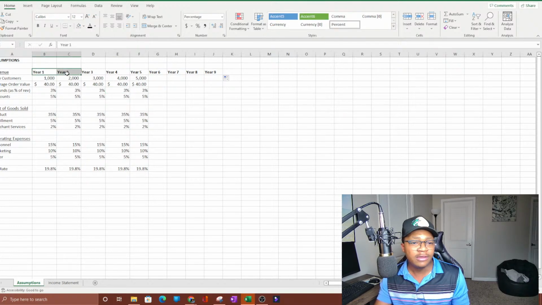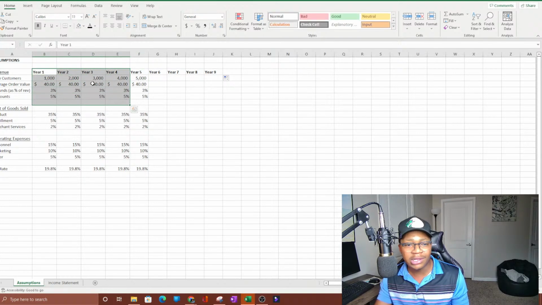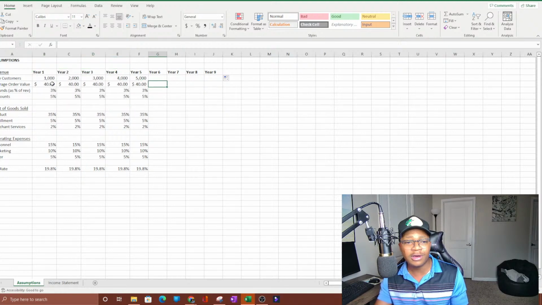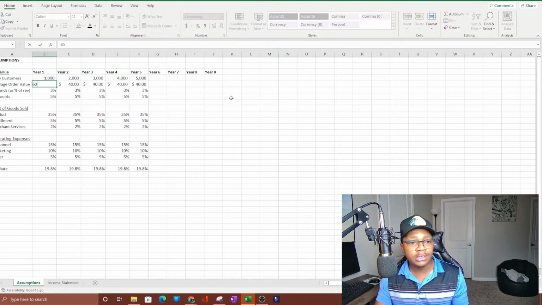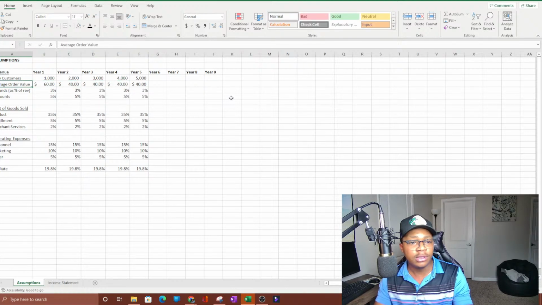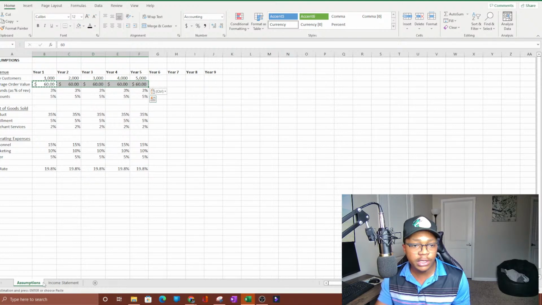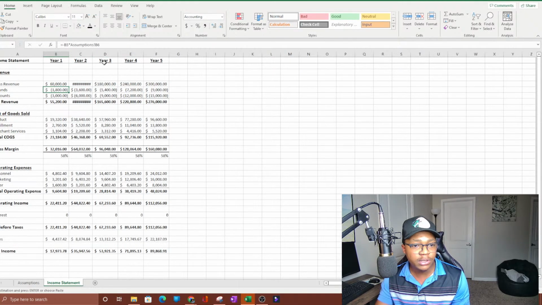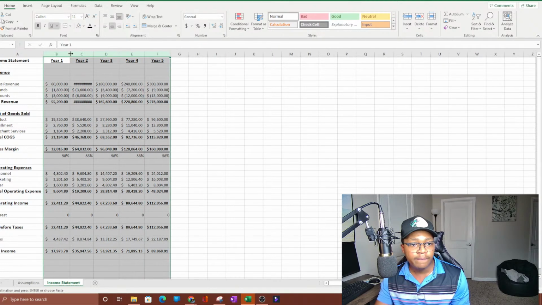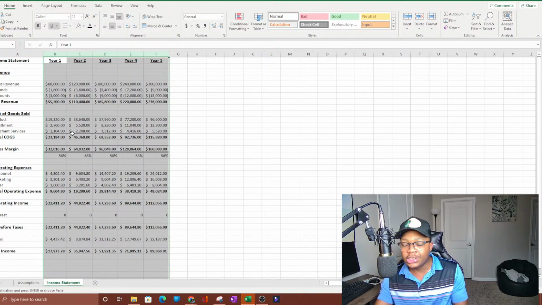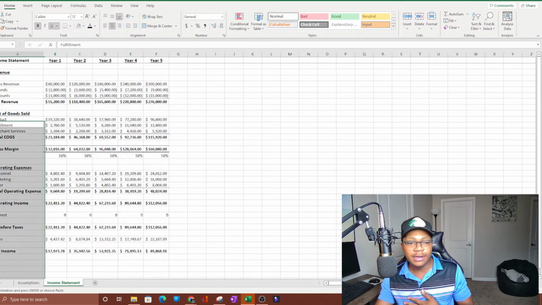Let's say after the first 3 years, or the first 5 years, you calculate the average and we realize, oh, we're actually selling more than we thought we were. It's actually $60 on average, right? So you can really just adjust this. You can really just adjust all this, and you see that the numbers will change as well, right? So that's why this is dynamic, right? You don't have to mess with this part here because it's already done for you,